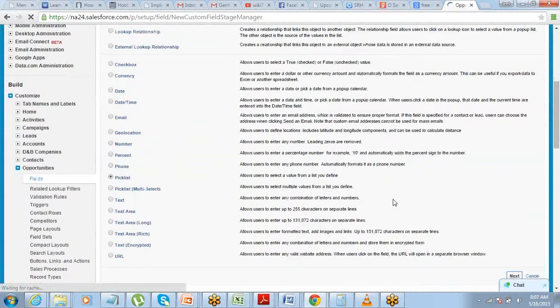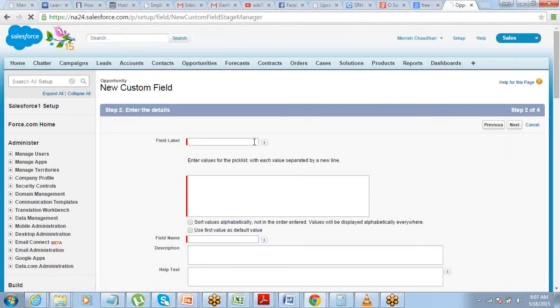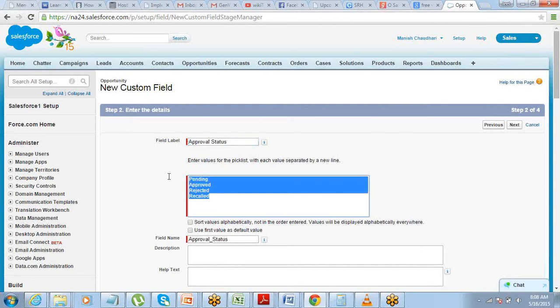It's going to be a pick list field, drop down. I will call it approval status. Pending, approved, rejected, and recalled. Okay. So I'm creating a field which has these four options.